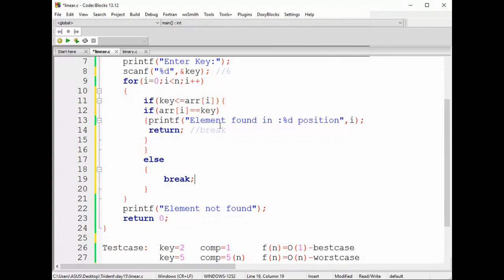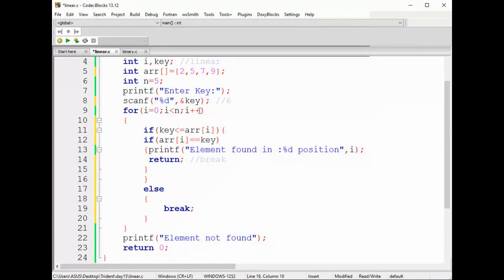Guys, check it out. Can you get it? Each and every time, whenever I'm checking, I'll check whether my key value is less than or equal to this value. If it is, I'll check with the next condition. If it is not, I'll go with the next iteration. So once I check with 7, I can find that 6 is less than 7, and this value will not match. Let me add a few more values here: 12, 20, 40, in this way.